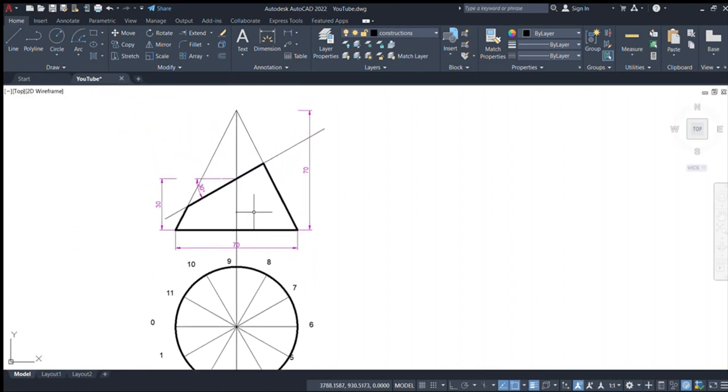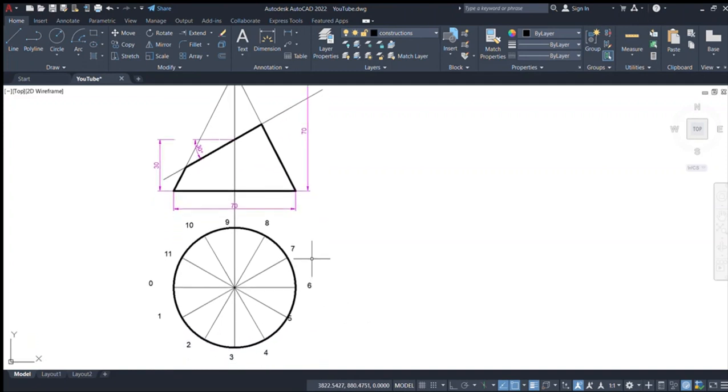So the question, we copy the question exactly the way it was. Our height is 70, and then the diameter is 72, and then we have this part, 30 millimeters. So the first part was draw the plan. So the plan of this